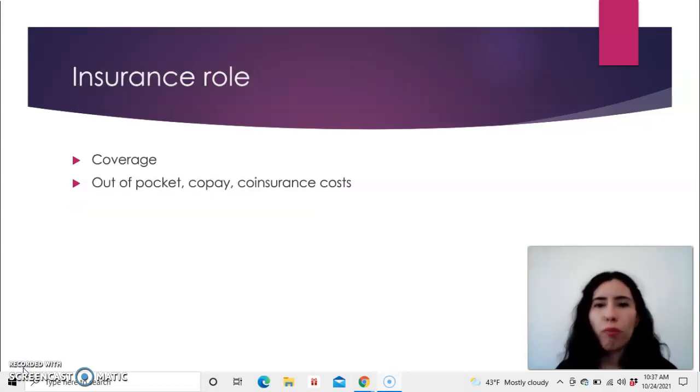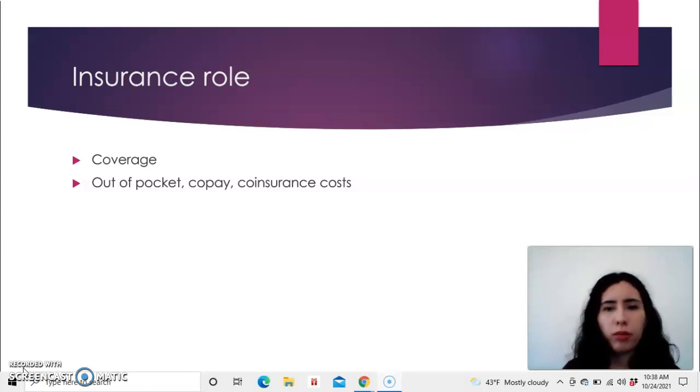Insurance role. Coverage. Coverage is the most important aspect of the access to reproductive health. Medicaid is the payer most likely to cover reproductive health, with 75% in family planning. Treatments for infertility for men and women are not covered by most insurances. There are many advancements in the coverage for reproductive services and treatments, but there are still several limitations to what is covered and where.